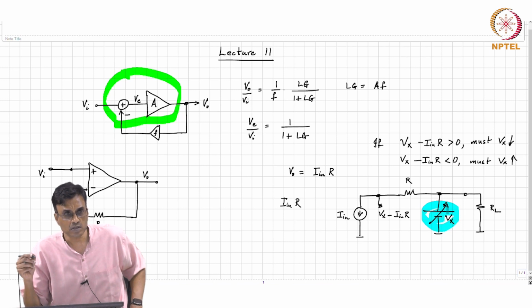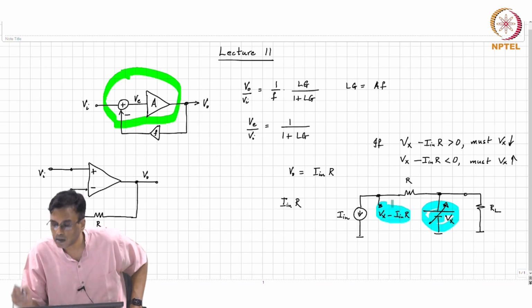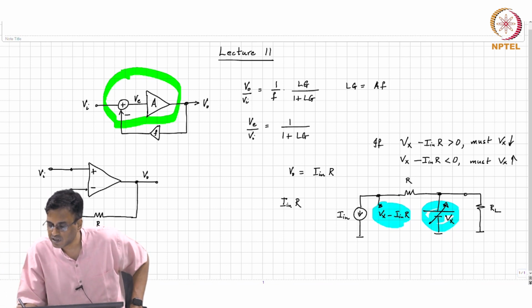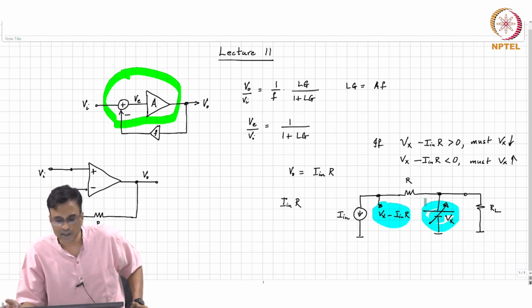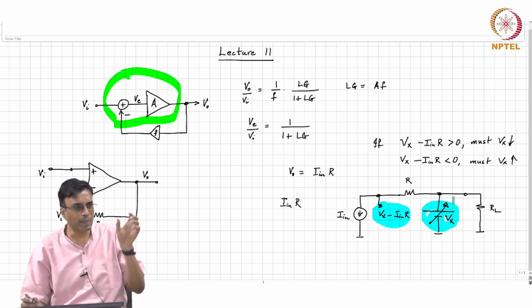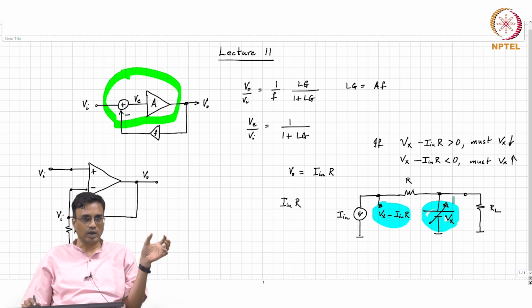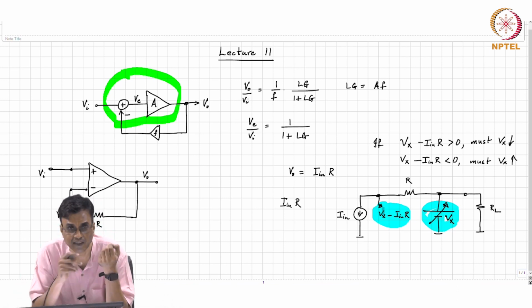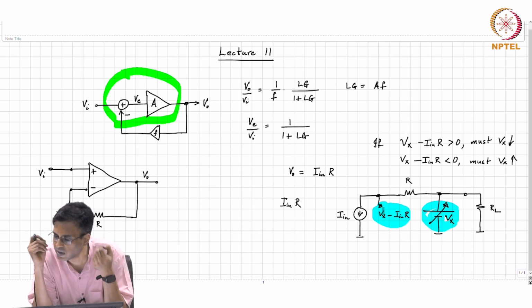a voltage source which is controlled by what is V, what are the dimensions of Vx minus In R, guys? Voltage, correct. So, that Vx is controlled by another voltage, okay. And ideally we want that Vx minus In R to be equal to 0. So, in other words, even if we sense that this Vx minus In R is infinitesimally greater